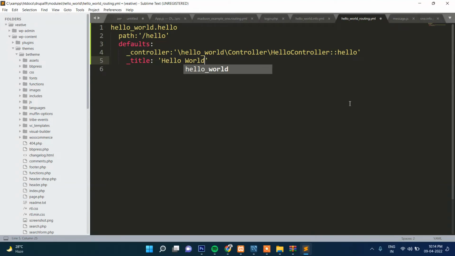So this will be the label, and then there will be requirements,